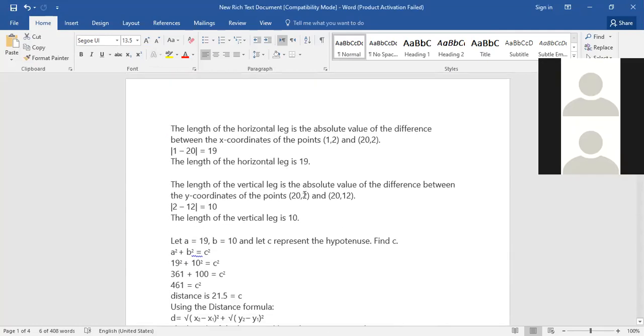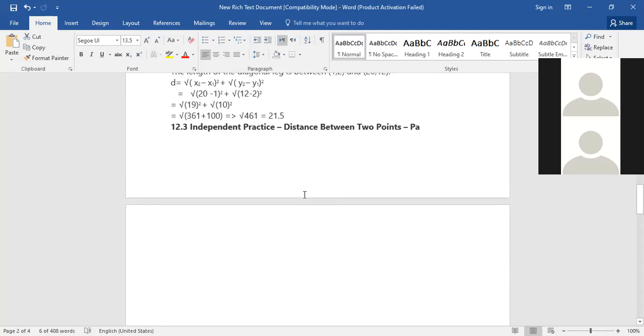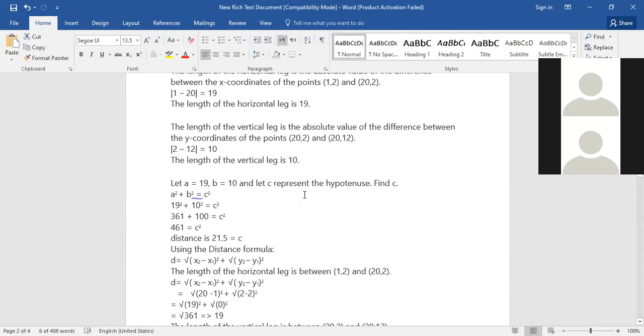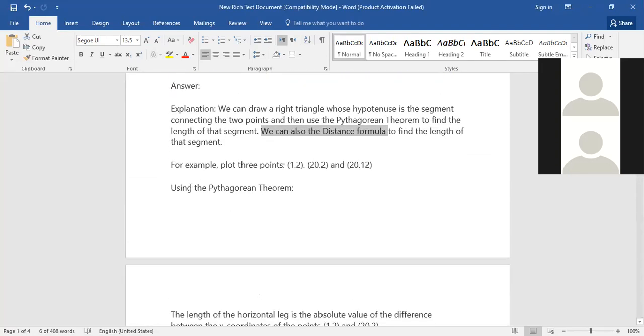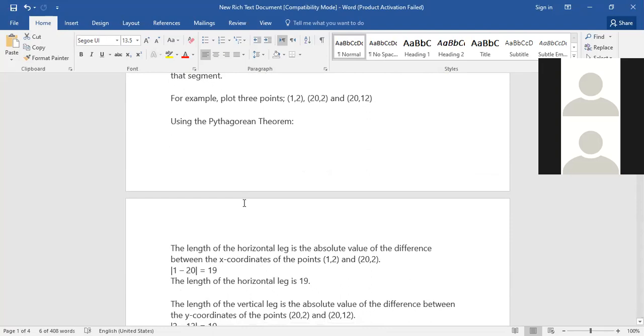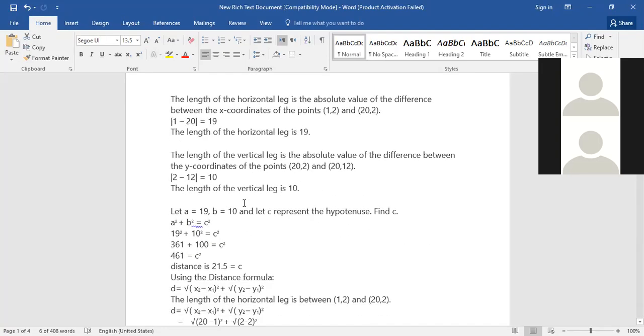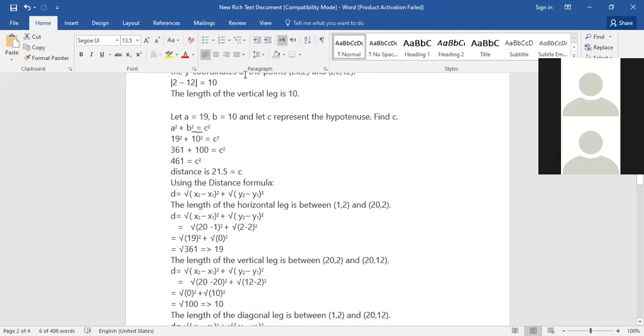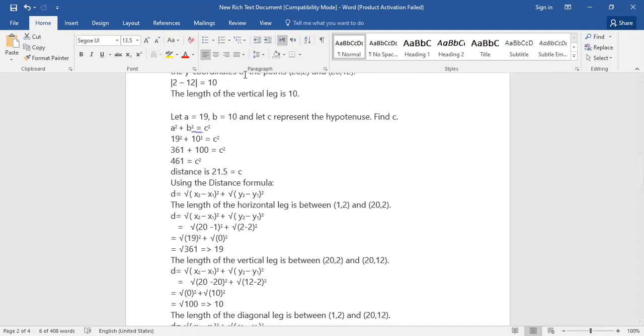What else do we have as questions? So in the previous question, suppose we have three points, and then we will use the Pythagorean theorem and the distance formula. So for this question, because we have less than a minute,